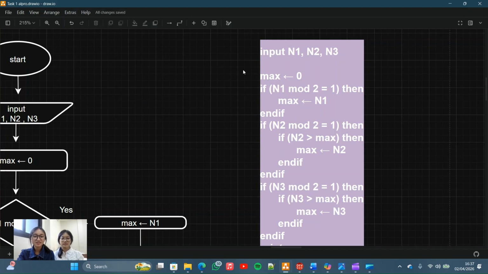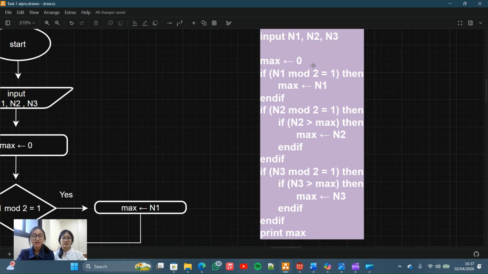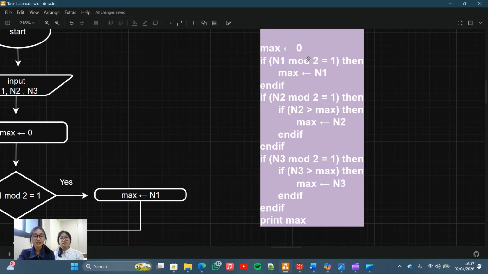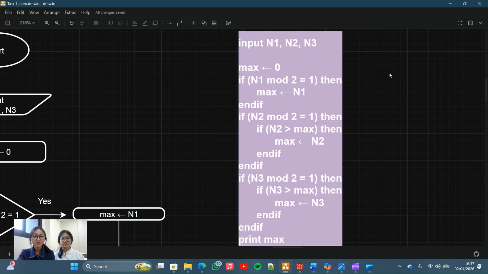Okay, so this is the pseudocode. We input n1, n2, n3 as the first, second, and third number, and then we store 0 to max. And then we change from the flowchart: decision will be changed to if-then in the pseudocode. So if n1 mod 2 equals 1, then we store n1 as max.